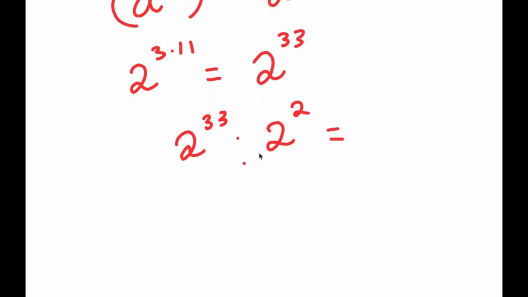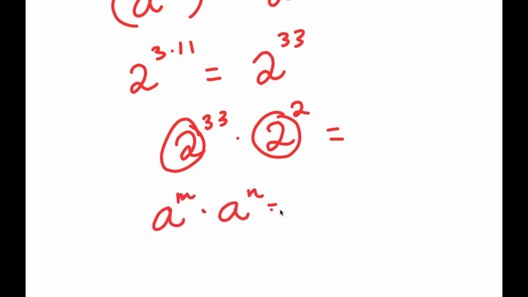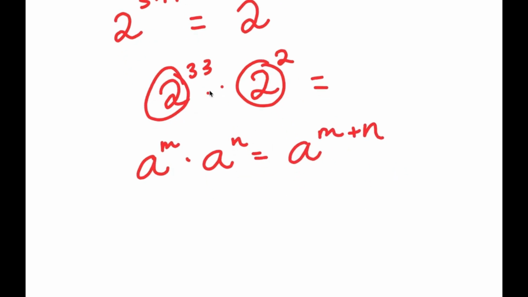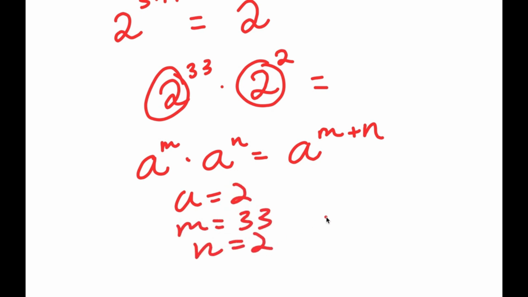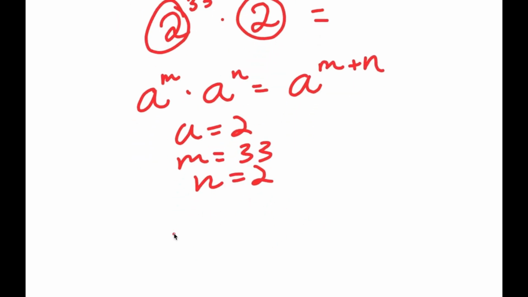Now, the last part is a fairly easy step. Because both of these bases are the same, if I have something in the form a to the power of m times a to the power of n, this is equal to a to the power of m plus n. So over here I have 2 to the power of 33 times 2 squared. I can think of a as 2, m as 33, and n as 2. So I can rewrite this as 2 to the power of 33 plus 2,